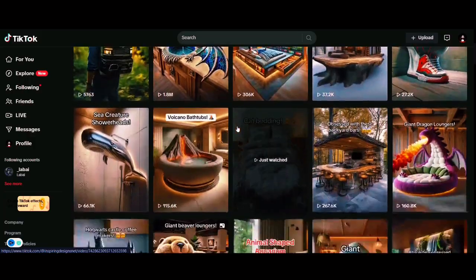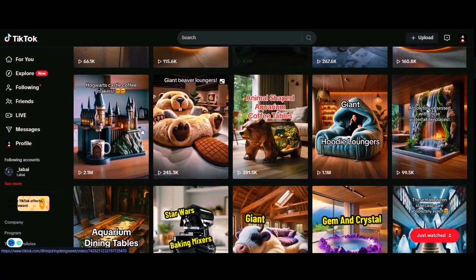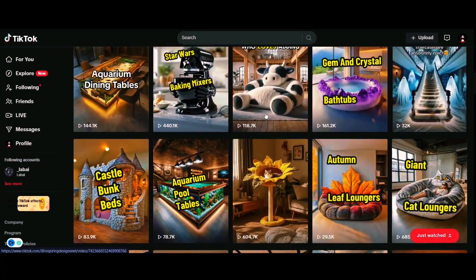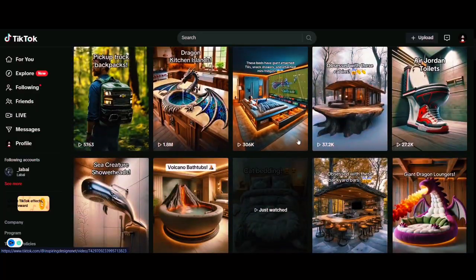But instead, I'm going to talk about some different potential ways to monetize this type of account, because this is a great niche. Again, it's the consumer niche. People are interested in products, and certainly a percentage of these people would happily purchase these products if they actually existed. And so what we need to do is obviously provide products that do actually exist.